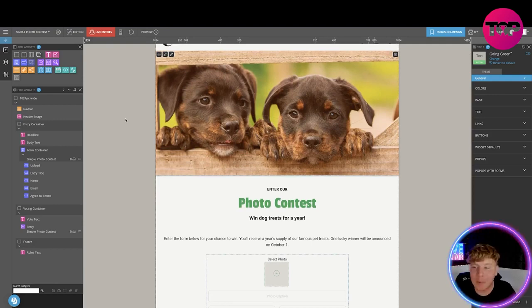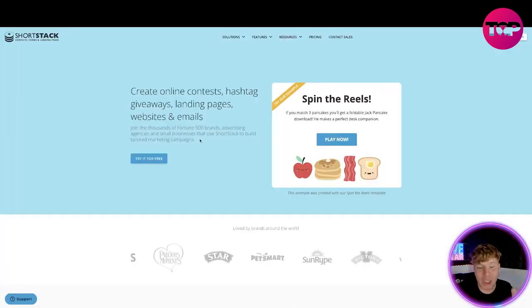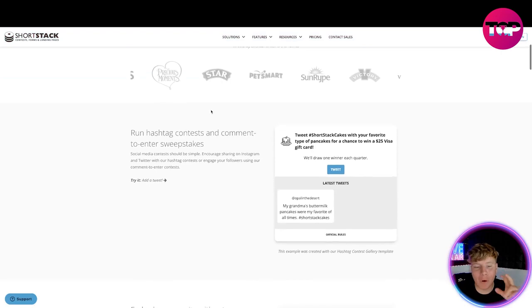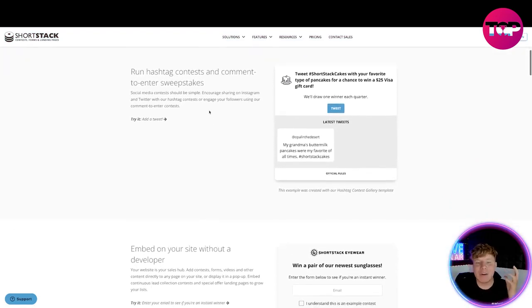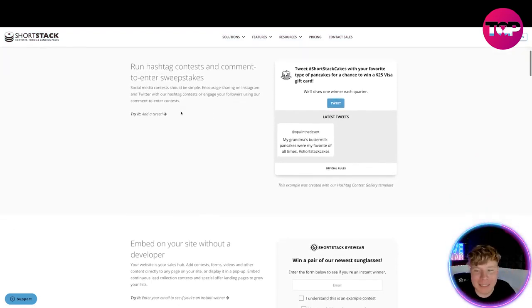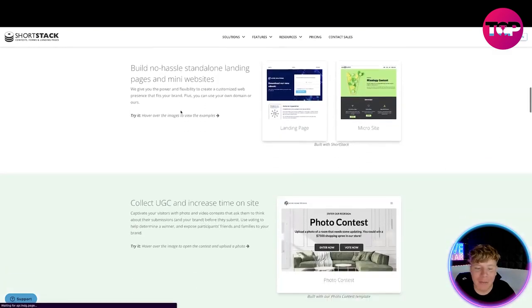This is incredible. I'm so in love with this. Super easy. It's just drag and drop. Super good. So, guys, now you know what it looks like when you're in there. Let's actually read a bit more into this, all right? It's incredible. So you're running your hashtag content, stuff like that we've already spoken about through the video,